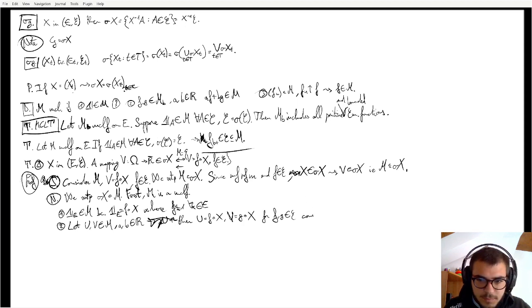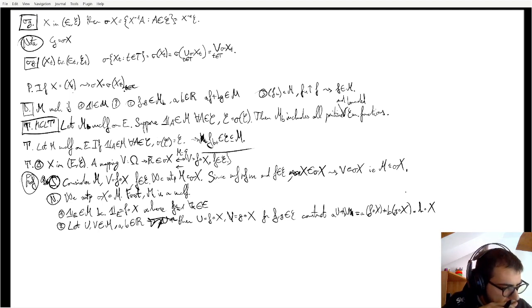We construct AU plus BV as A F applied to X plus B G applied to X, where H